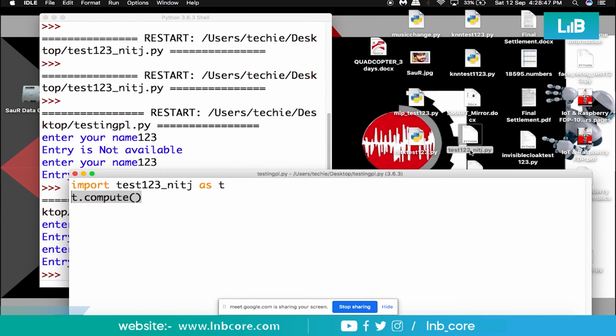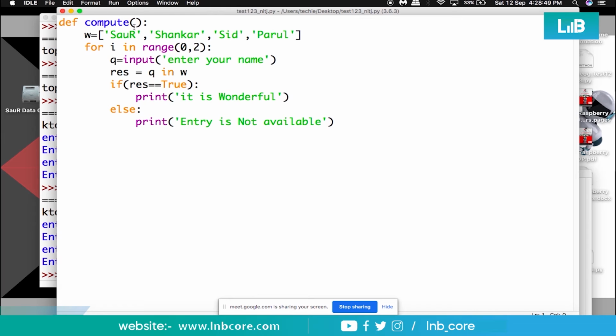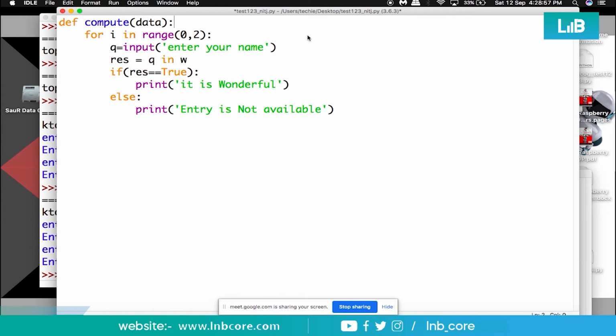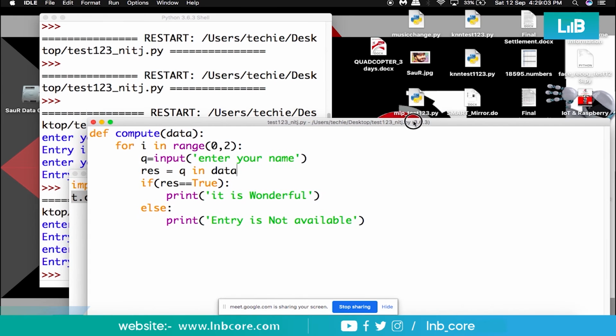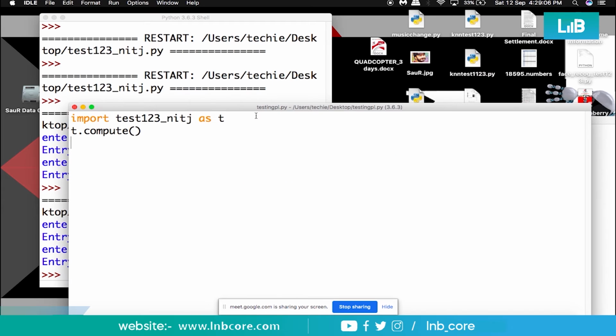If you want to change the data, suppose if you want to change the data here, what you can do is data, right? So you can remove this thing from here and you can change it as this. So now in your calling function here, first of all you have to declare that data. Now the data can be anything according to you, and you need to call this here.